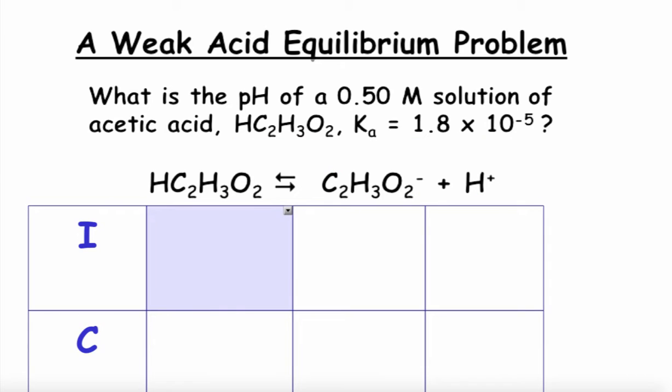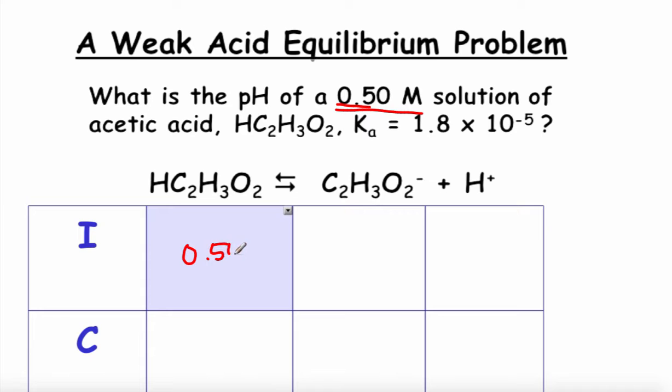The next piece is to use a technique that we used in Unit 8, which is to think about our initial conditions, how things will change, and what our equilibrium positions will be. So that means making an ICE table. So you notice I've already got our dissociation equation listed, shown here. And now what I'm going to do is read the problem carefully and pick out information that tells me initial amounts. So this initial concentration that's provided here, that's going to be my initial concentration I'm going to list in the table,